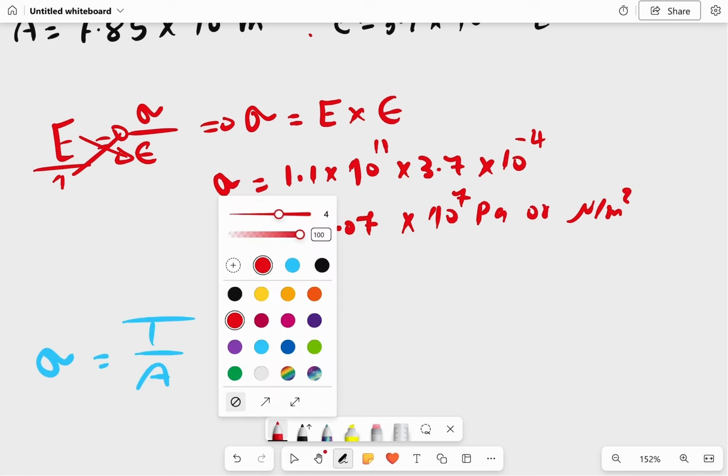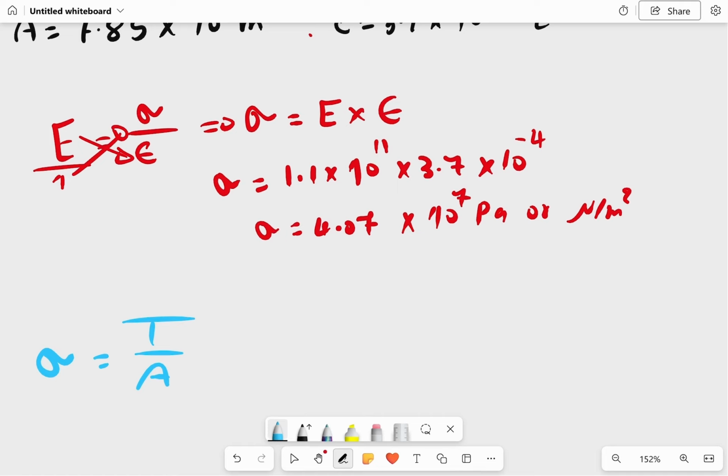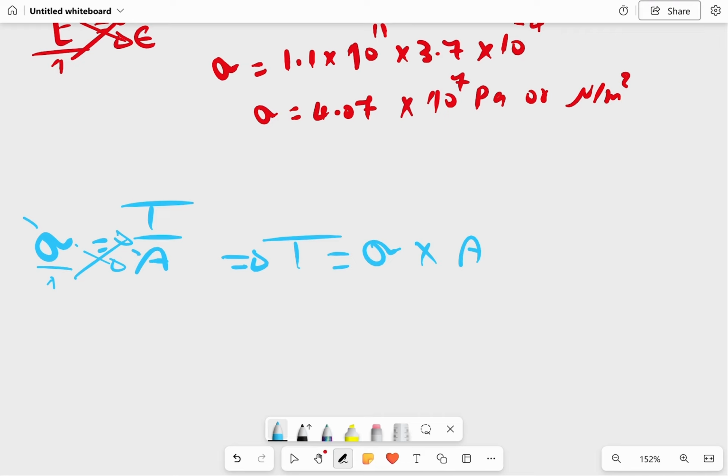Now you have stress. We found stress, and we have area. Okay. I will use both of these to find tension. Okay. Same thing. Let's say you have one here. Cross multiplication. You get what? You get tension, which is equal to stress multiplied by area. Okay. We found stress here. So you will say tension is equal to